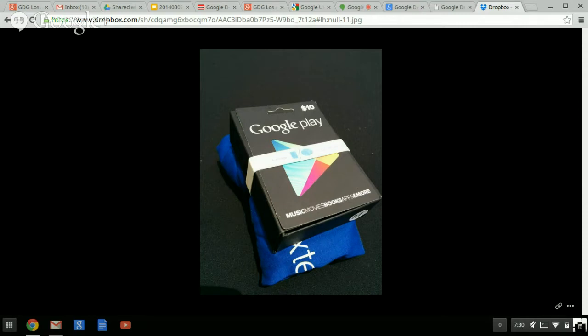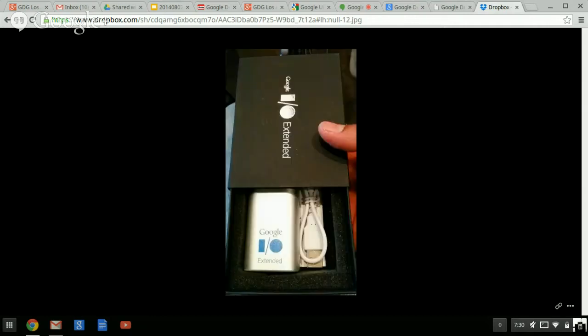And also in the box there was a portable charger for your phone, and I actually have it here. So it looks like this. Actually, I think I have it on the next slide too. It's a battery. So you plug in your phone, charge your phone, and pretty cool also. If you double tap, it has a flashlight on it. So nice little cool toy that they gave to everybody. I wasn't expecting stuff like that, or even the $10 credit, but pretty cool. And Google is very generous to give it to everybody.